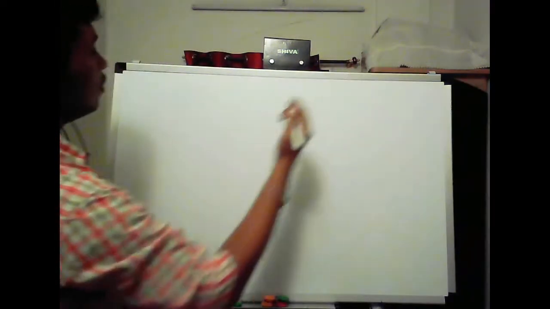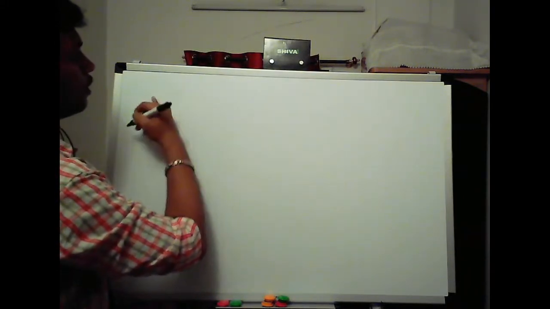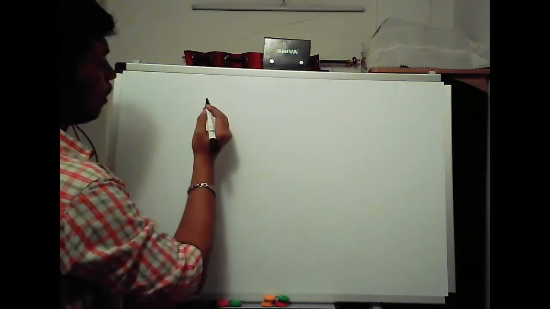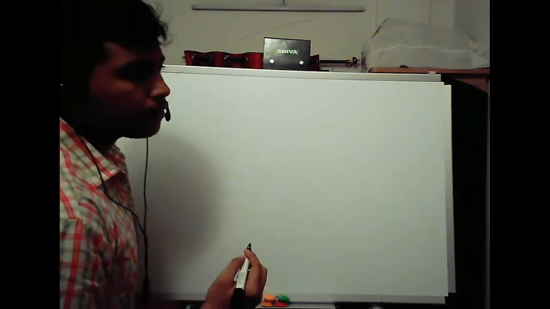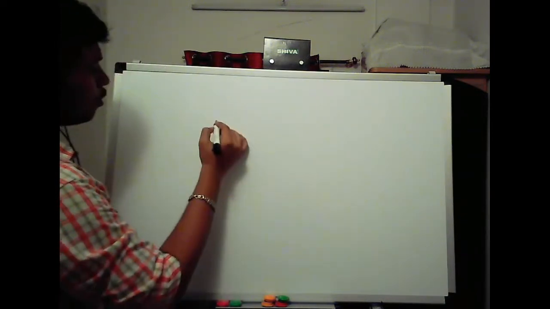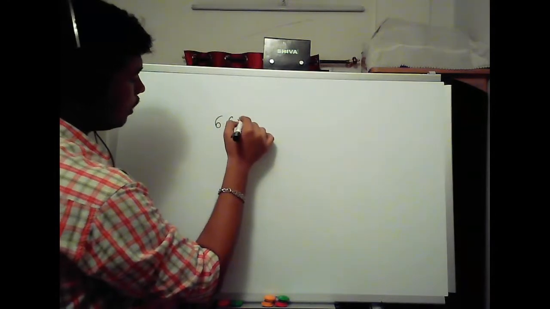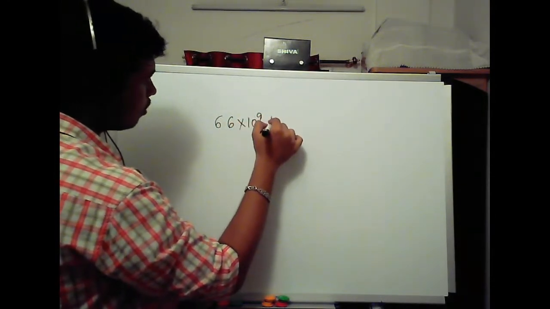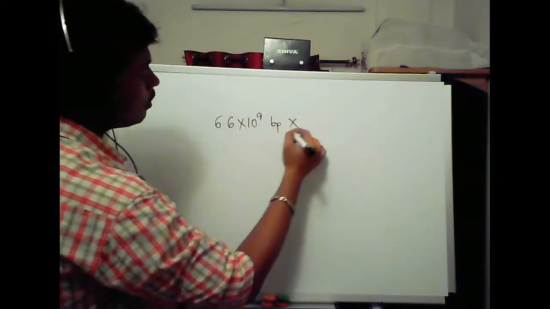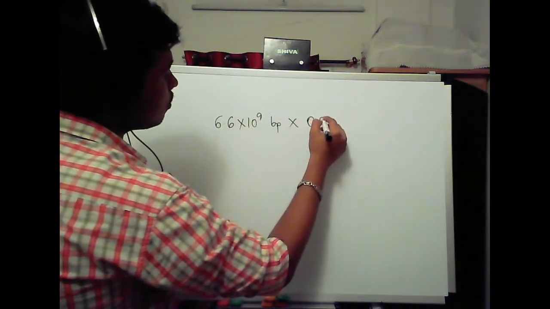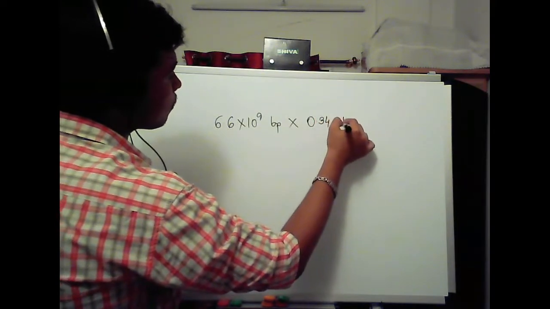So guys, the length of the DNA. Let's not write it down, let's find it out. How do we find the length? We take the total number of base pairs present in a human DNA, which is 6.6 times 10 to the power 9 base pairs. And now we multiply it with the distance between each and every base pair,